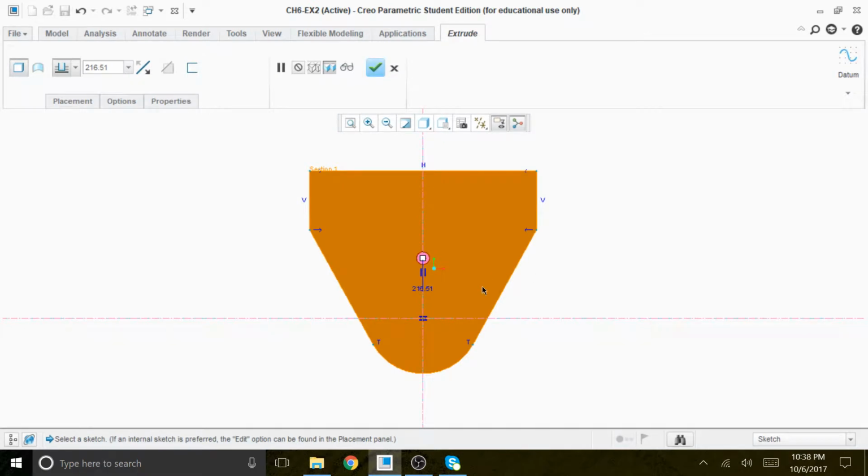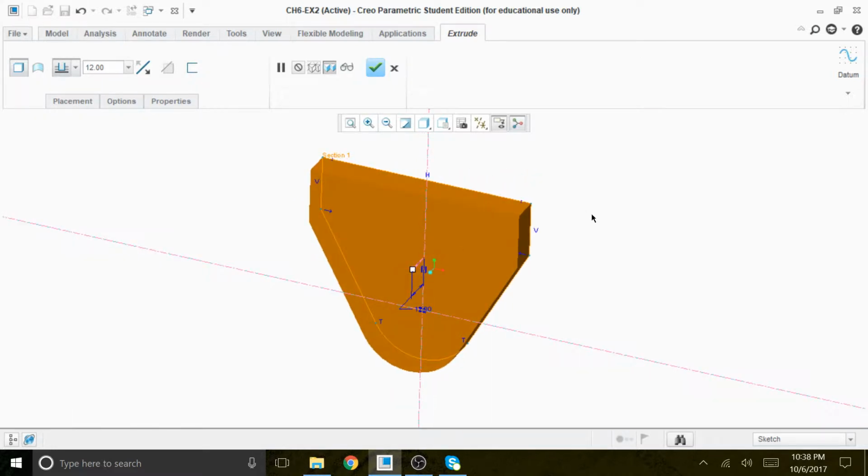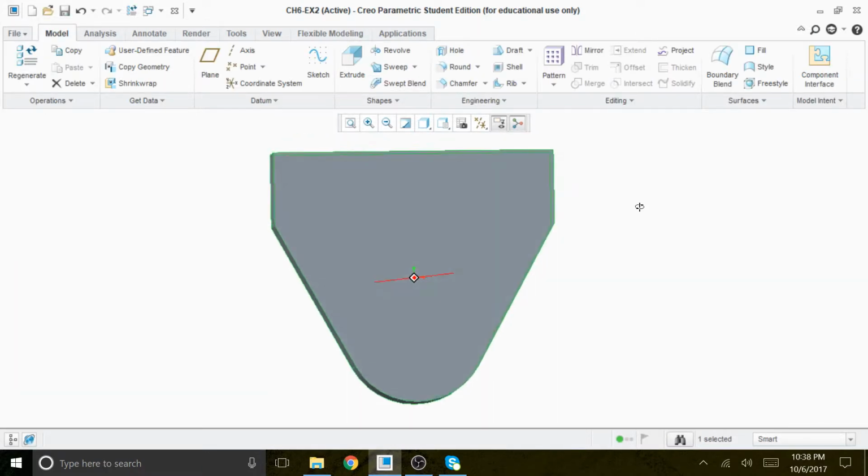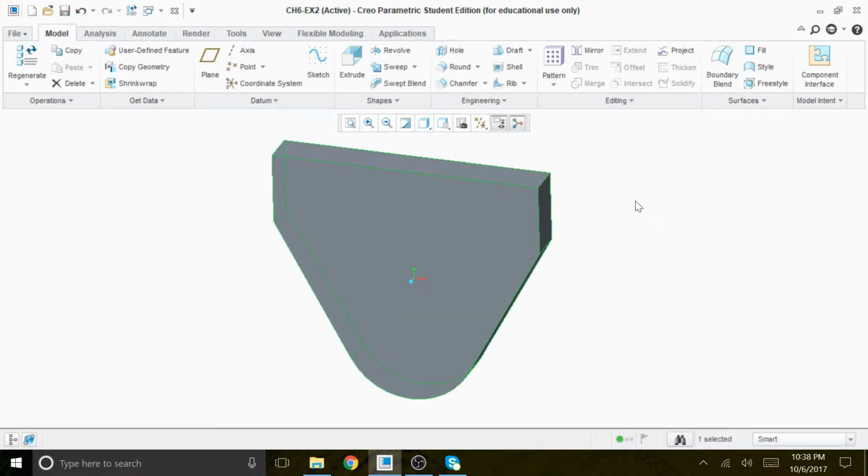Okay, and the amount of extrusion is going to be 12. So either you can click on this number here or right here, it's the same thing. Okay, you're going to say 12. And that's the extrusion. Okay, 12. And then we're going to say we're happy with that. And next we're going to